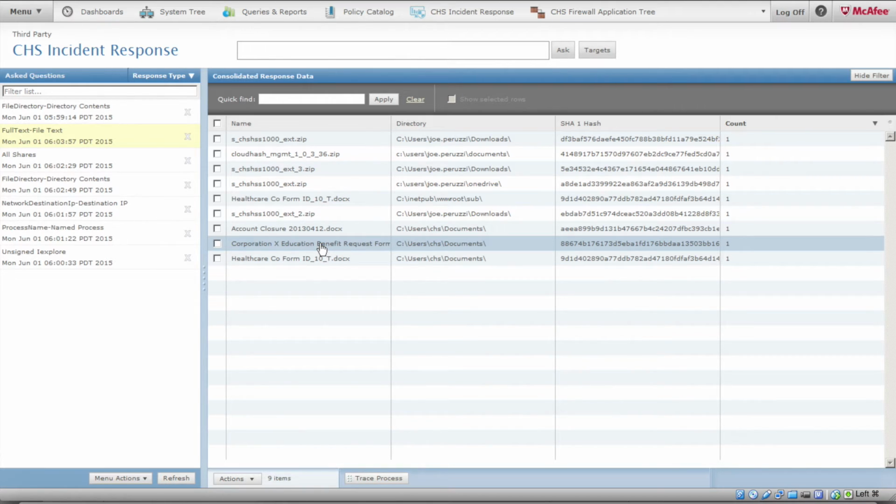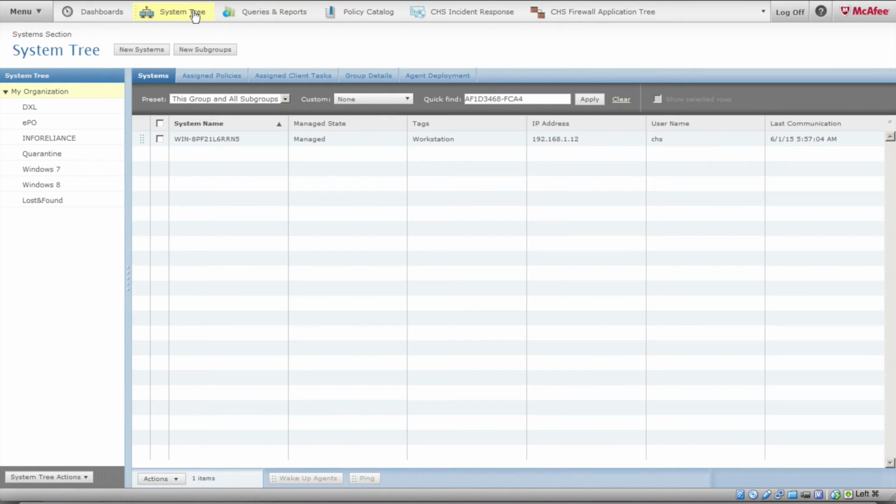So what we're going to want to do is contact this user directly to notify him of that information. Now, from a corporate environment, that's pretty hard to contact a user because you don't really know who it is. So what we're going to want to do is actually quarantine this user from communicating with the internet, and then use Cloud Hash Communicator to actually notify him or her that their system's been compromised and that PII information has been